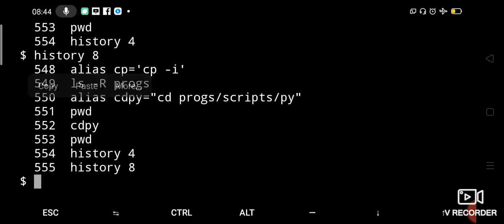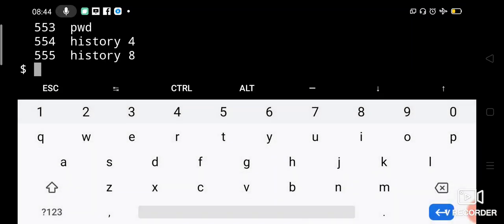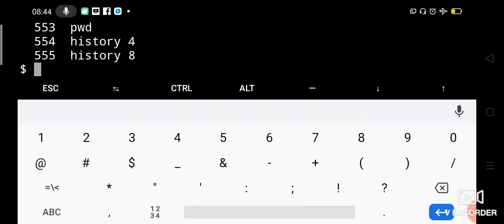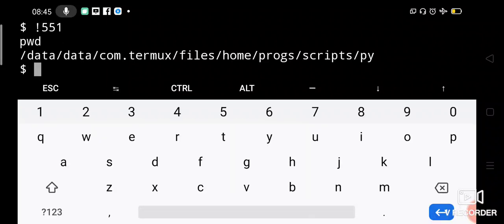So how will I execute it? I will say exclamation symbol for repeating that command again, and the number of the command, which is 551: exclamation and the number of the command in the history. See, it will display that command.